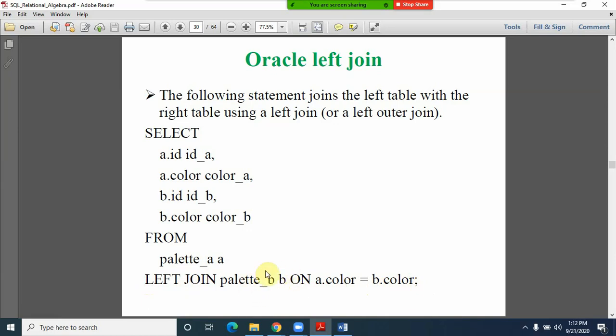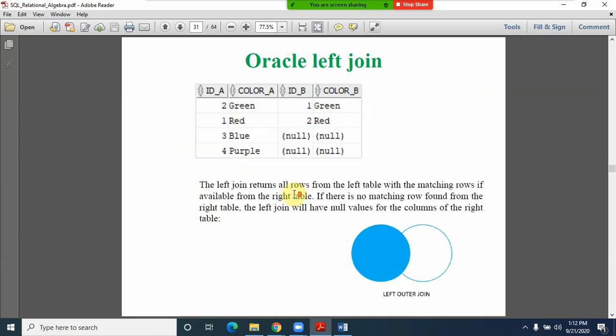To this particular table, whatever the color I want, from this palette I want all the rows, provided that from the B table I want to get only the matching rows. Now have a look at this. So id_a and color_a, which belong to the first table, got outputted.